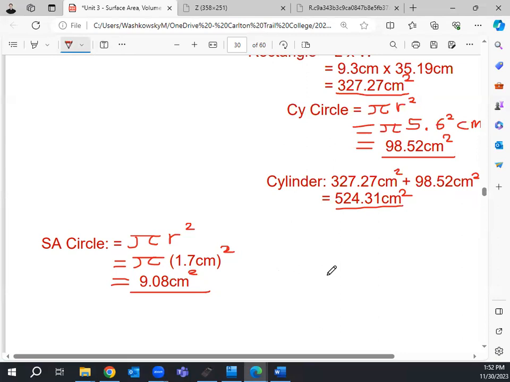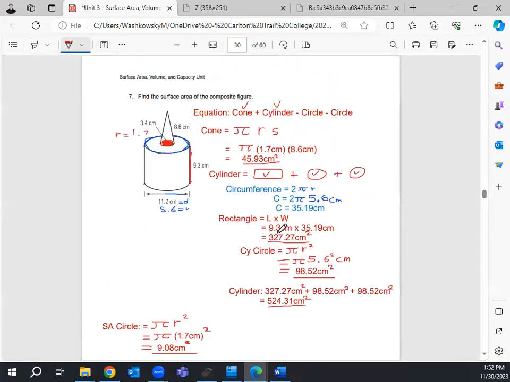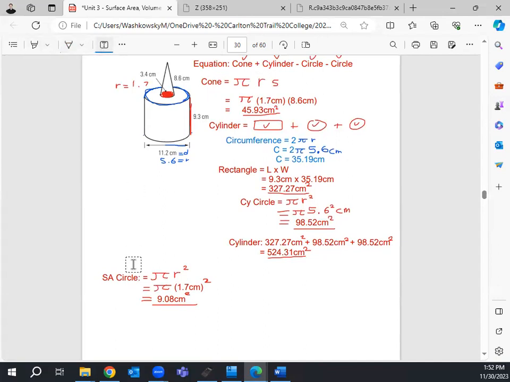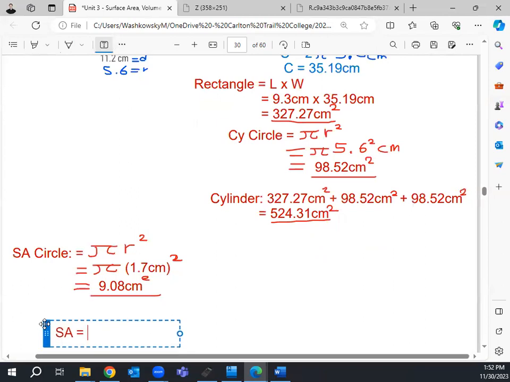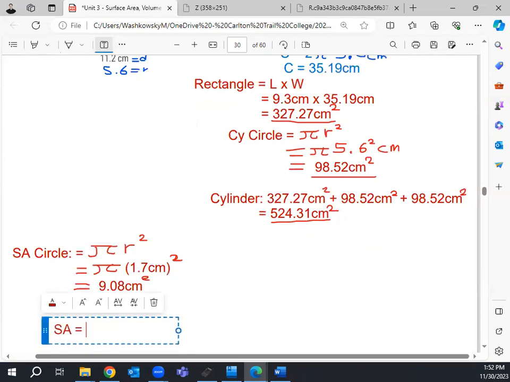And with that, I got all 4 pieces of my puzzle. I'm just going to zoom out a little bit. I have all 4 pieces of my puzzle. I have those 2 little circles now. So now I can just restate my equation, right? My equation was my cone. So the total surface area, the SA, my surface area of my cone was 45.93 centimeters squared, plus the surface area of the cylinder,